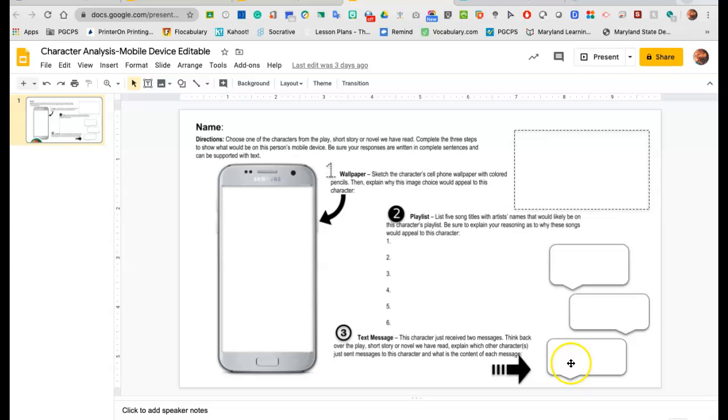All right, so that's the end of lesson 2. Again, there are 2 things that you're turning in: evidence of close reading, Romeo and Juliet, Act 2, Scene 2, and the completed